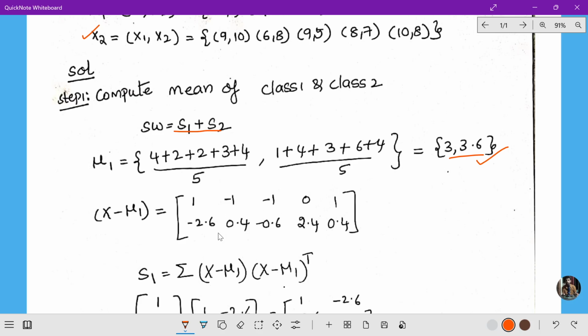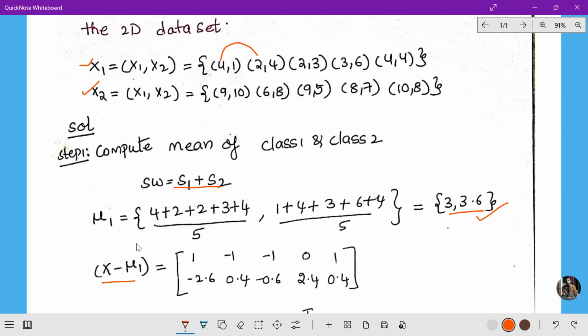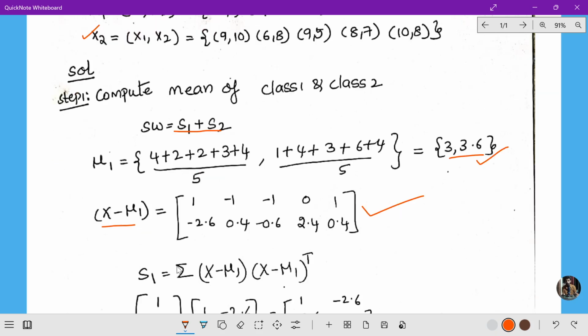After completion of this, we are going to subtract this value. Okay. So x minus mu1. You see here we are going to subtract the value. This is 4 minus 3, which is 1, and 1 minus 3.6, which is minus 2.6. This is 2 minus 3, minus 1, and 4 minus 3.6, 0.4. So this is called x minus mu1. Similarly,